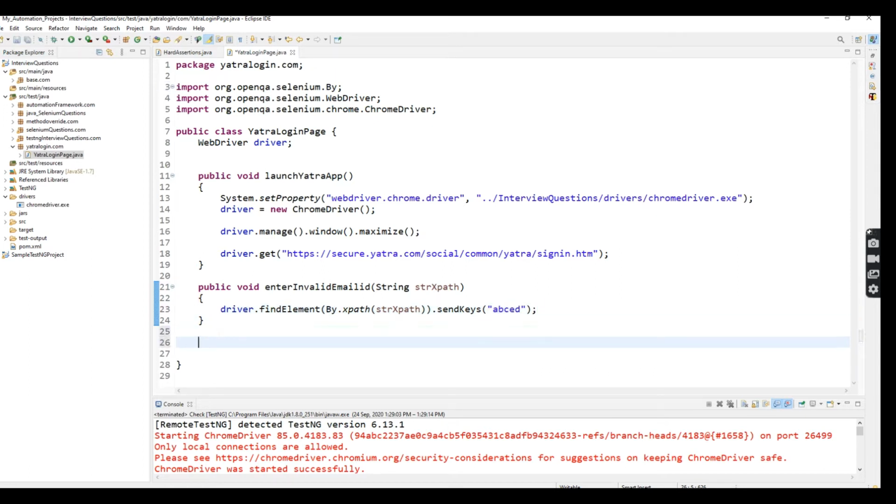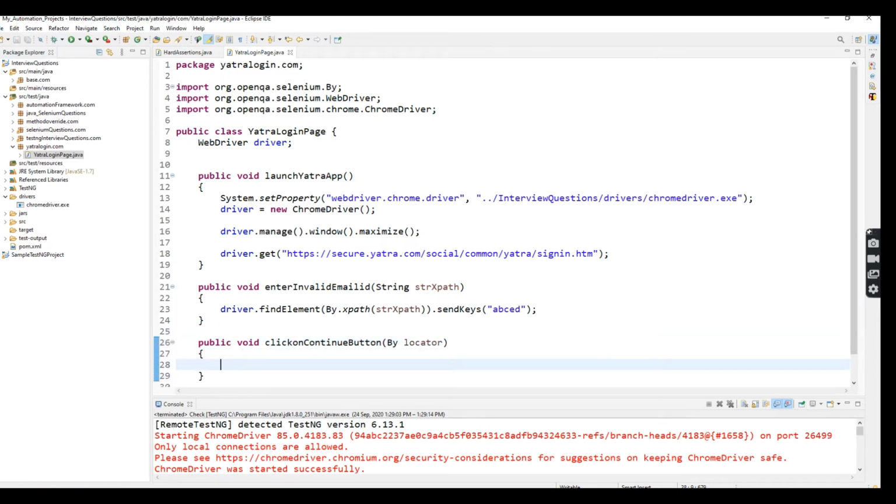So the third method is I'm going to click on the login button. So here, public void clickOnContinueButton. Here I'm going to pass the parameter as a By value. So I'm using the return type By, and the parameter is locator.